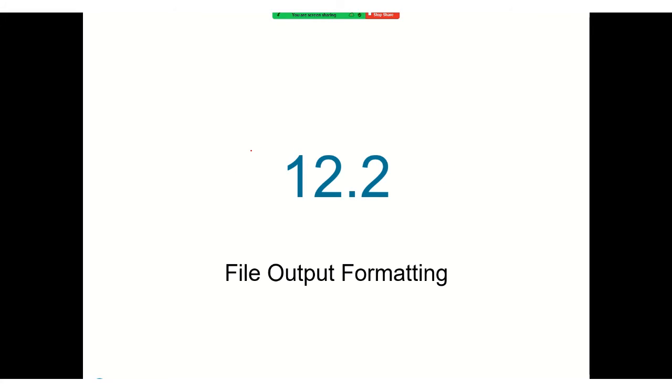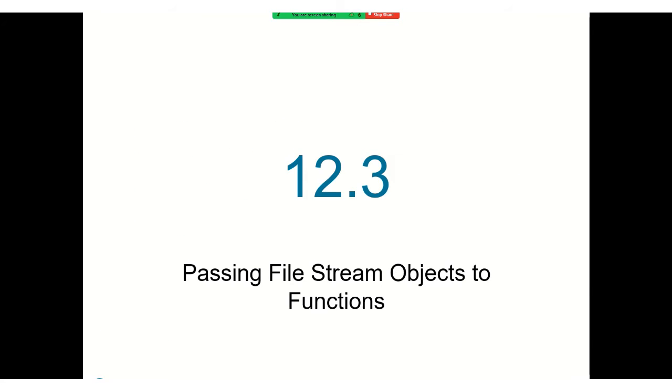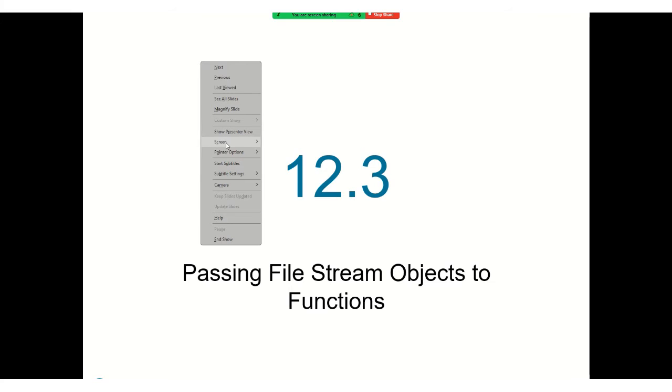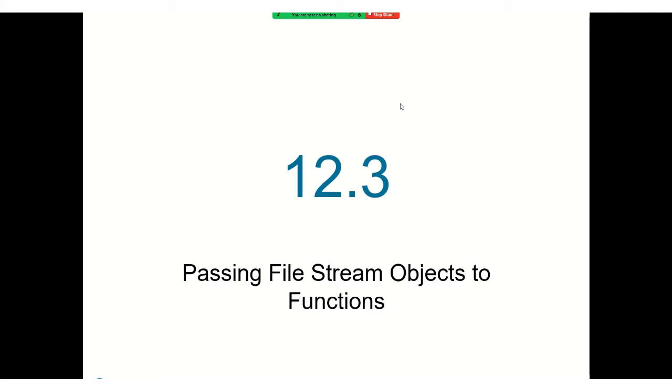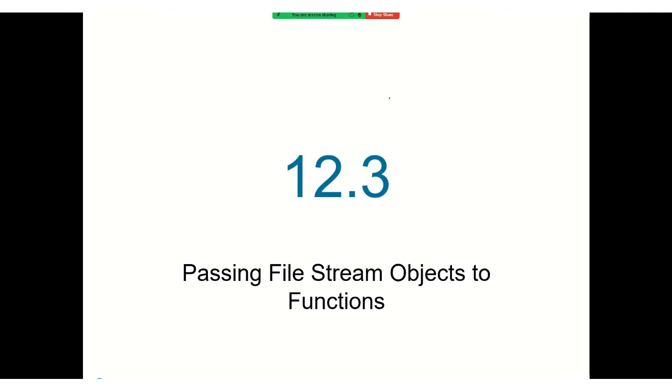Okay, let's move forward. So we have done this. Now, passing the file stream objects to functions. What are the file stream objects in the first place? Basically, when we say file stream object, we are talking about, let's say, sorry, what is happening? I did not do it right. Pane, yeah. So let's define fstream